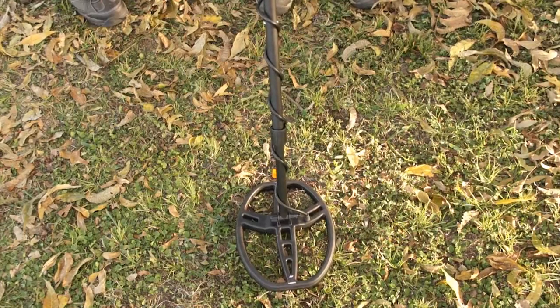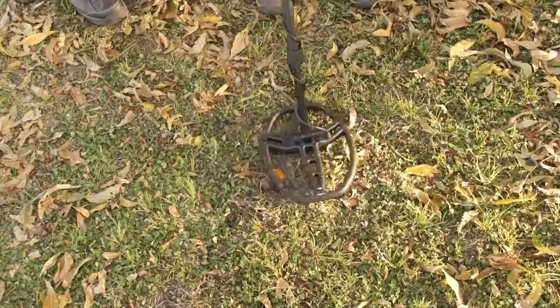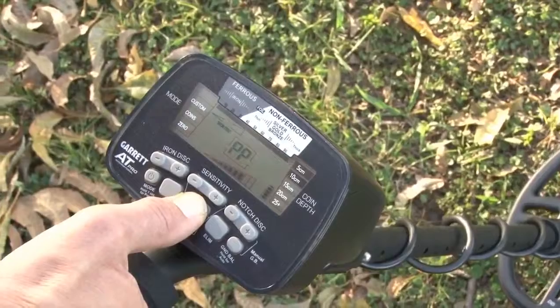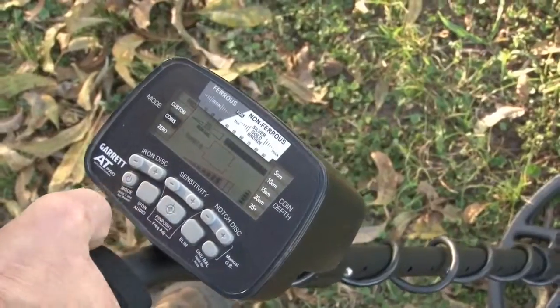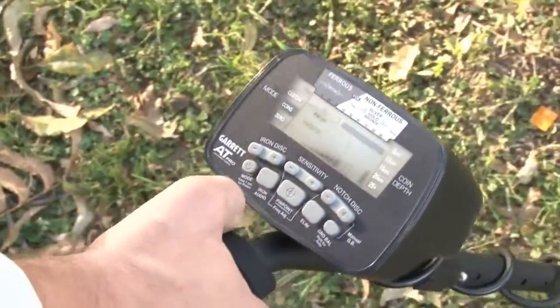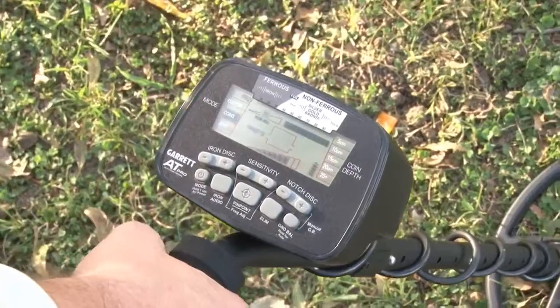You can do the same process by coming in and pinpointing your target, getting the strongest response, holding down that pinpoint button this whole time, and then pull the coil towards you until the meter and the audio dive off. And in this case, the target should be right off the front end of the coil. And then still another method, some people like to go without using the pinpoint button at all, and they use